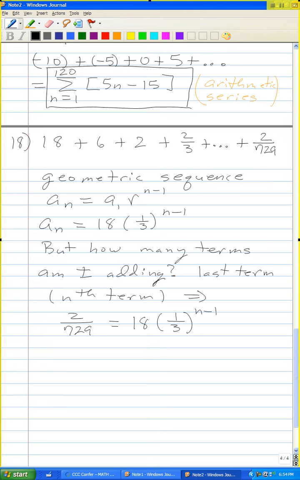Okay, so let me multiply both sides of my equation by 1 over 18. Divide both sides of my equation by 18. And so if I do that,